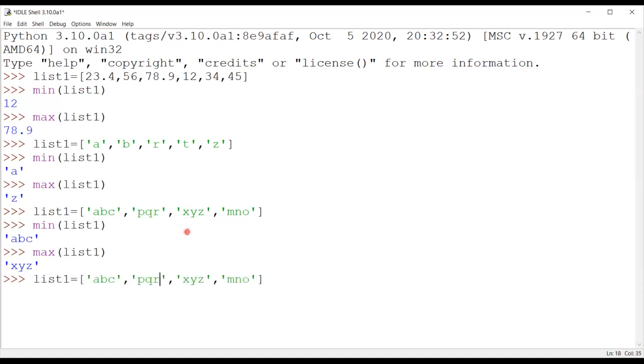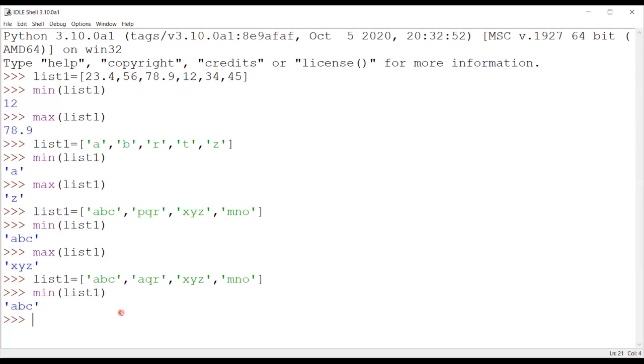Another example. What will happen if I say ABC and AQR? Now, if I apply the minimum function, then I'll get the result as ABC. Now there is again a question: why not AQR? Both of these terms start with the A alphabet. Then why is only ABC the smallest one? The reason is that after comparing the first letter, we come on to the second letter.